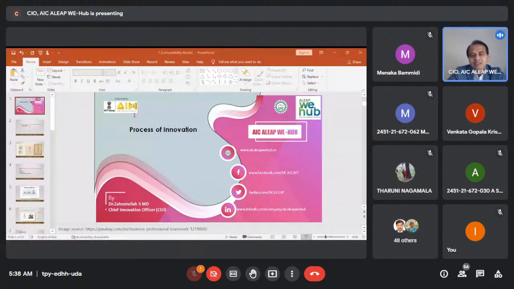If we see the clear differences between invention and innovation, then you can see the difference here in the next coming slide. So this is the difference between invention and innovation. So you have an invention of wheel, and the same wheel is being used for